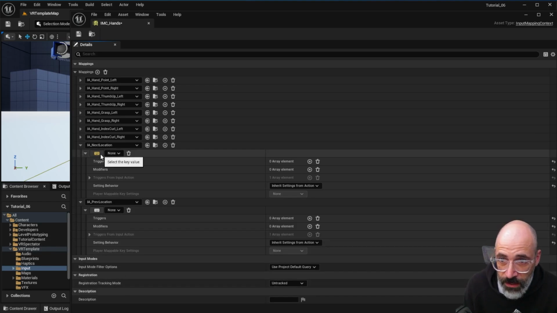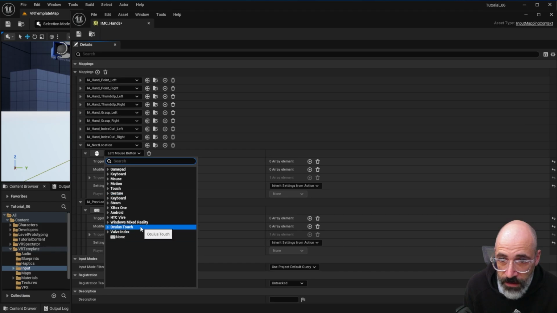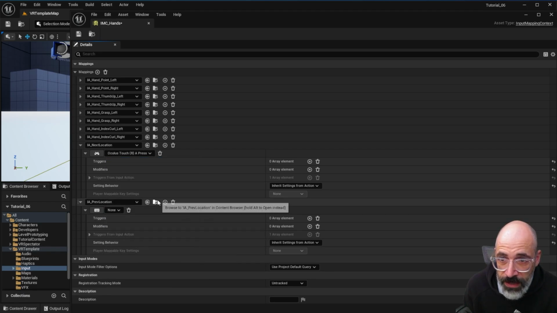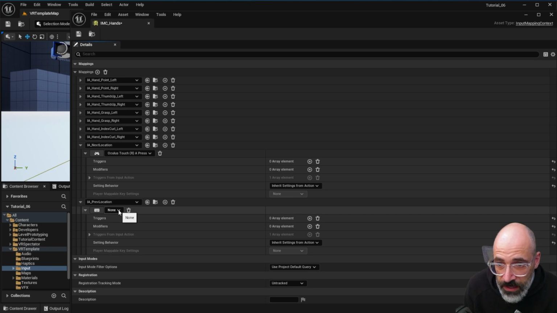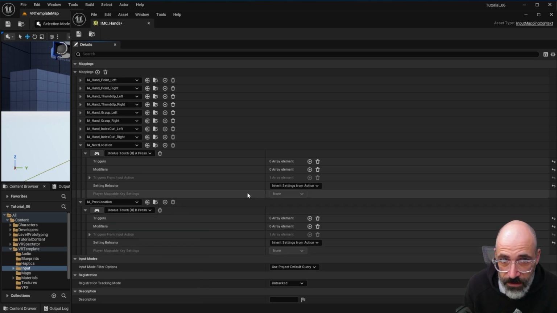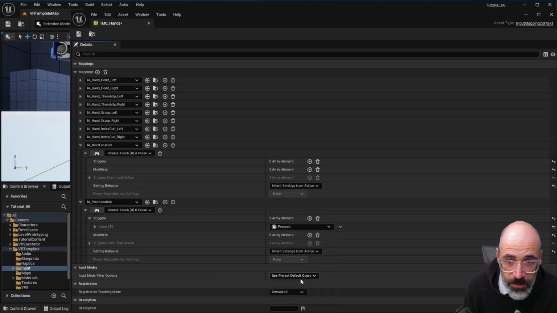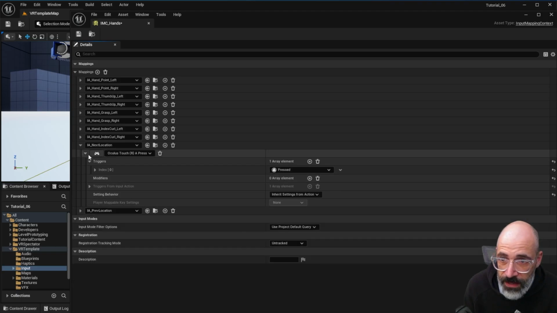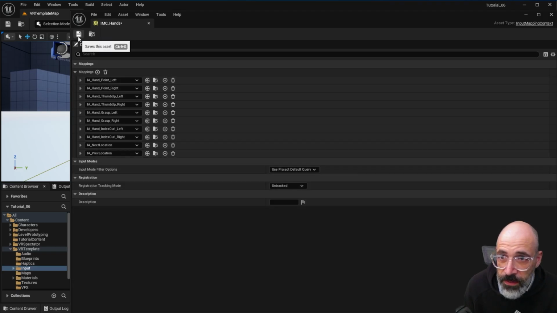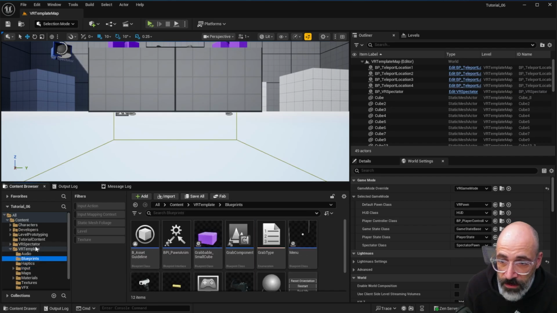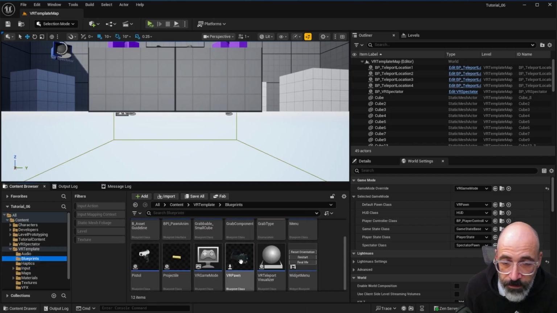Now we need to associate these to the Oculus Touch right A press, and to go to the previous location we'll go with the B press. There it is. And both of these we want to make sure the trigger is associated to pressed, just so that we don't have any funny business. And that is all the setup we need to do with that, because when we go into the player pawn, which is here in the blueprints, there,